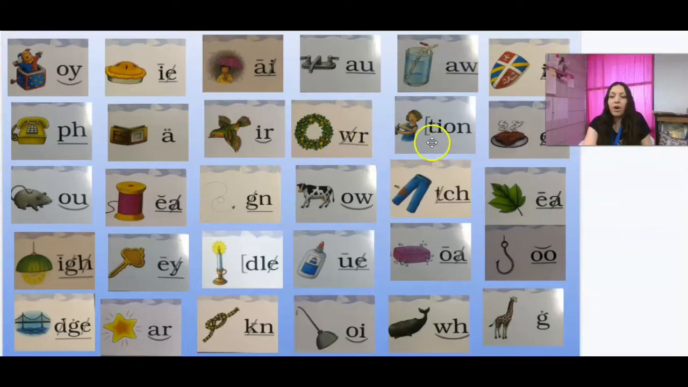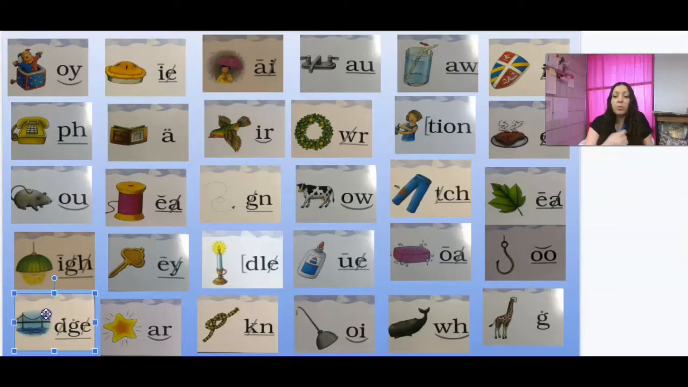Then we have reef, ghost, digraph WR, lotion, shun, final syllable TION, steak, A, digraph EA, mouse, ow, diphthong OU, thread, digraph EA, gnat, ghost, digraph GN, cow, ow, diphthong OW, patch, trigraph TCH, leaf, E, digraph EA, light, I, trigraph IGH, key, E, digraph EY, candle, dull, final syllable DLE, glue, U, digraph UE, soap, O, digraph OA, hook,